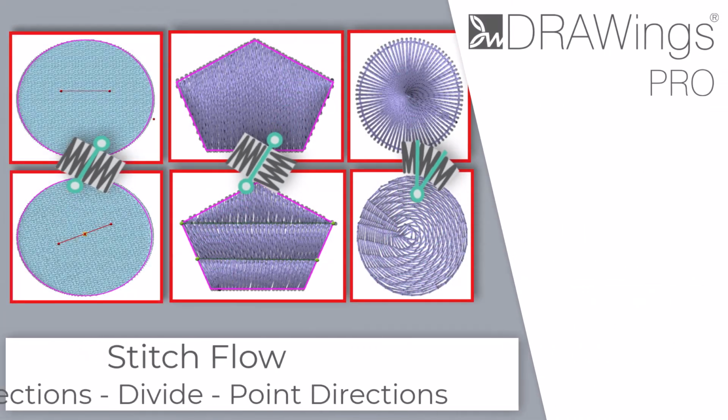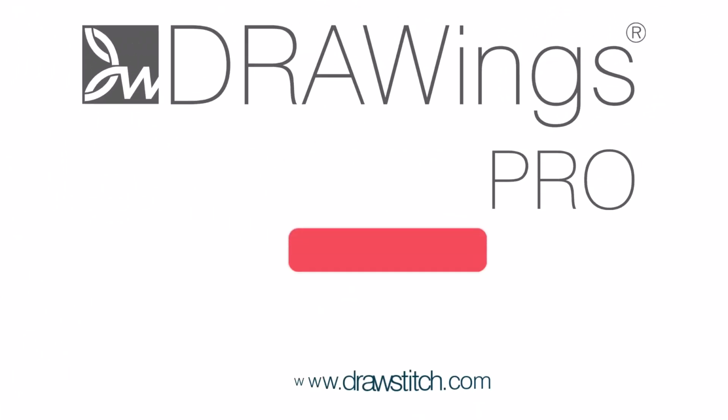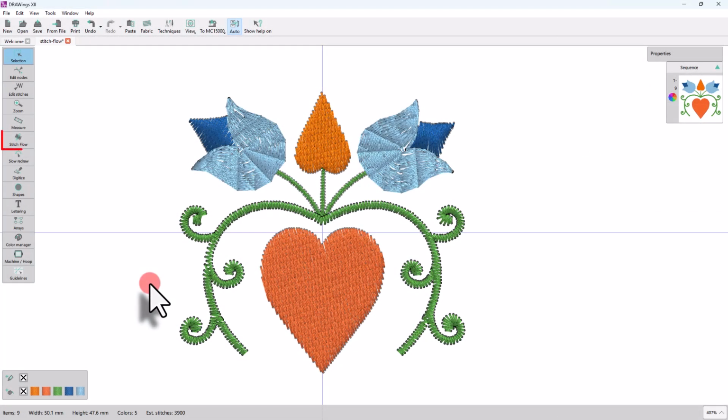In this video, we will show you how to use the stitch flow tools to improve the embroidery quality and the look of your designs. Stitch flow is a special operating mode that provides tools to adjust the directions of stitches and divide objects into